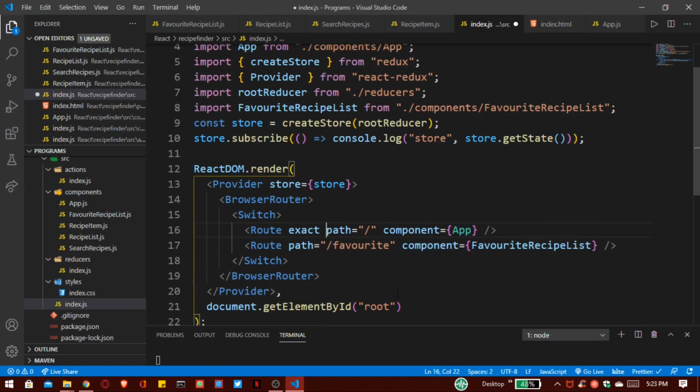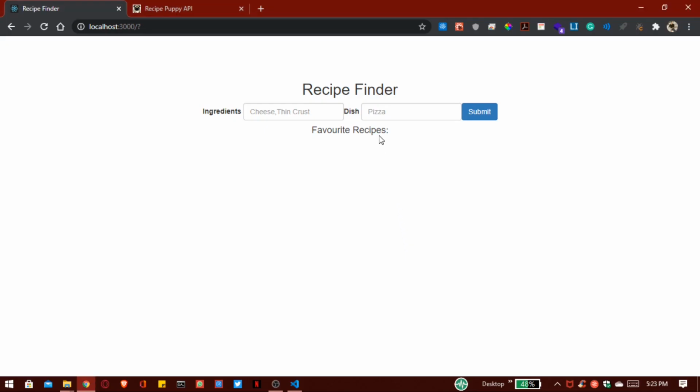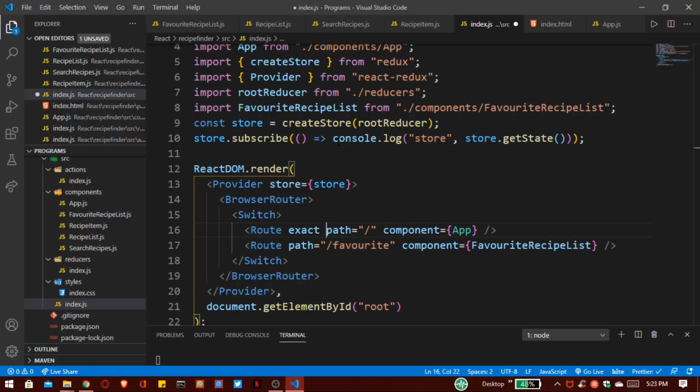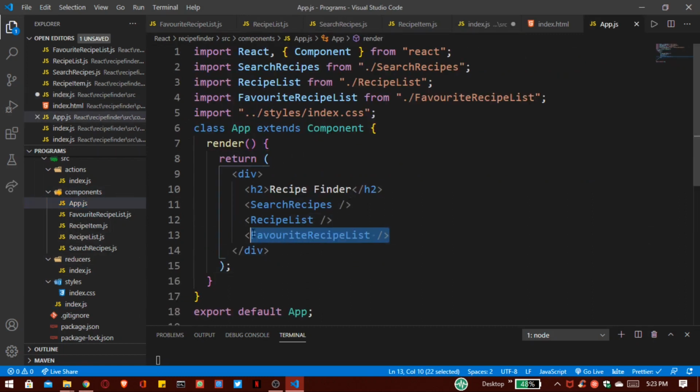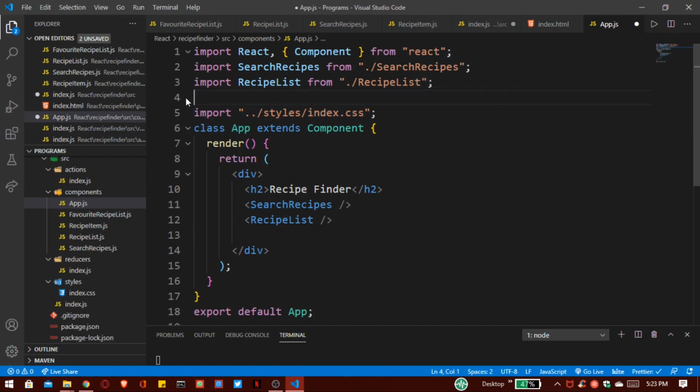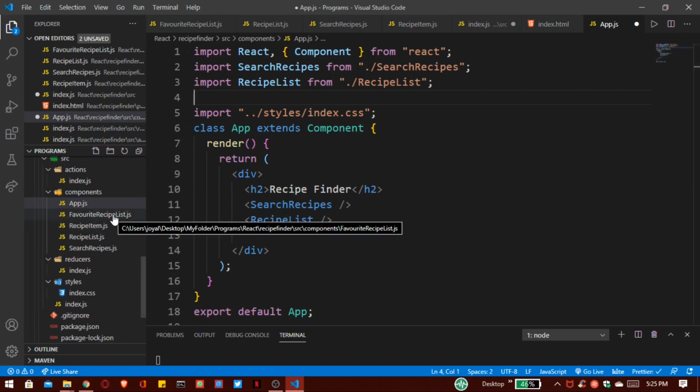Now remember, we do all of this stuff because we have to access these favorite recipes from our app component. So go inside our app.js file, and here we have to remove this component. Now we have to provide a link between our regular recipe list file and this favorite recipe list file.